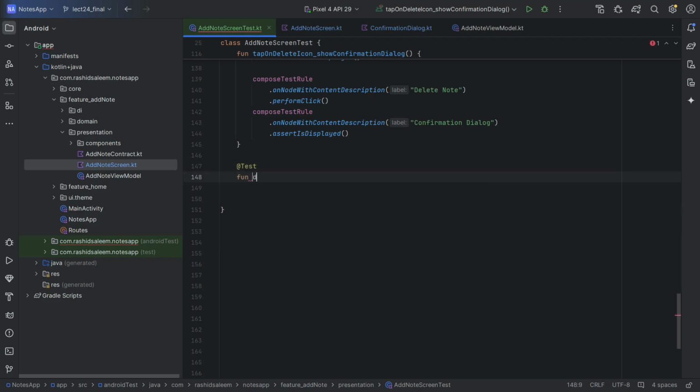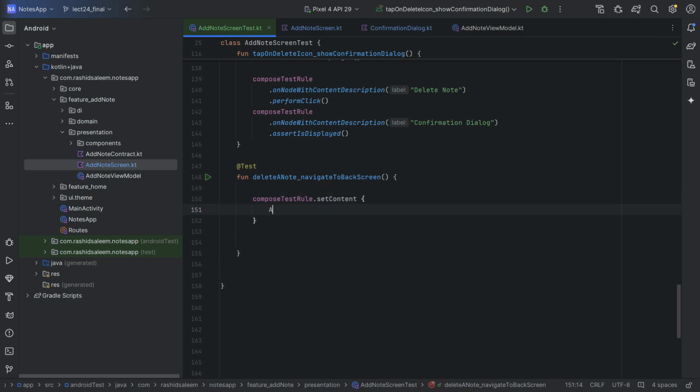Name it as delete note and navigate to home screen, or let's say navigate to back screen. So in here again we will use compose test rule dot content, add note screen, pass a view